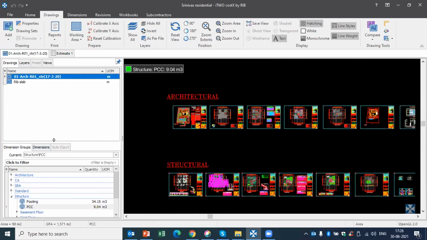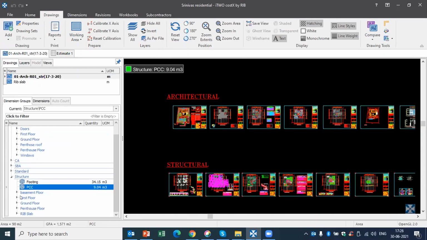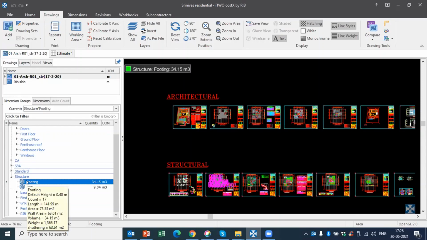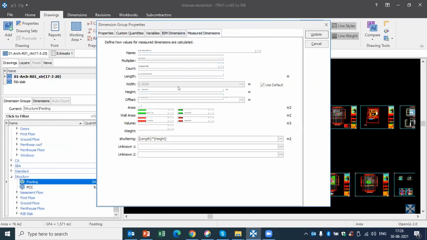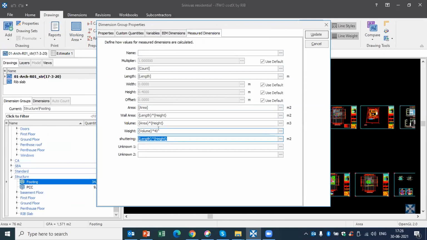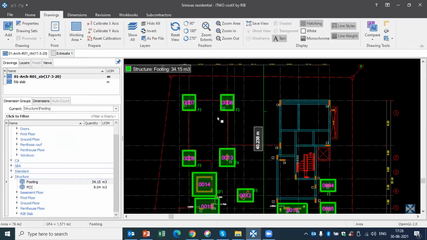If you see, when we work with the 2D drawing, I can create multiple quantity takeoffs, like floor wise and element wise. Let's say I have created a template for footing. I can easily create this template by mentioning the default parameters of the footing, and I'll insert the default formulas for all the quantity calculation. Once I have given those formulas, we can directly go on tracing your footing.